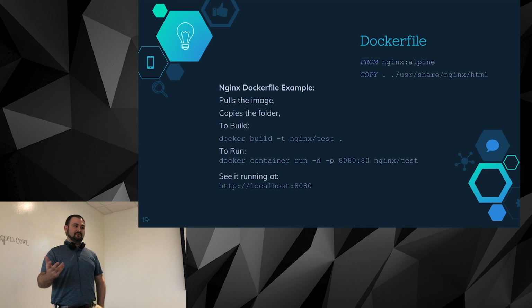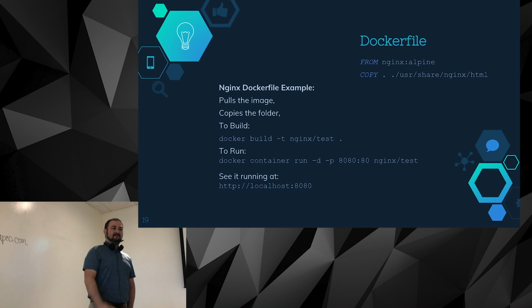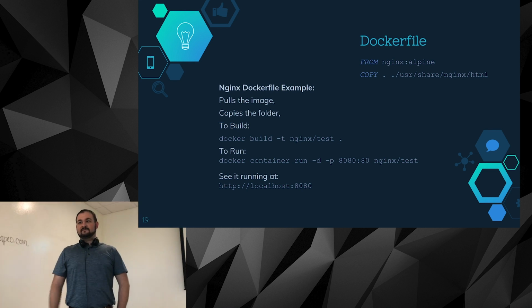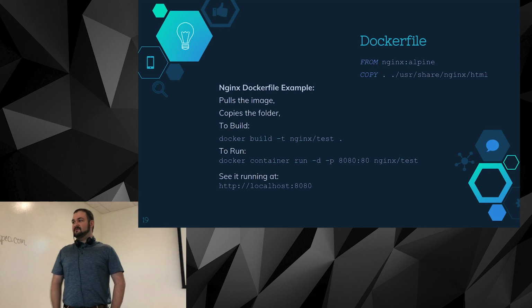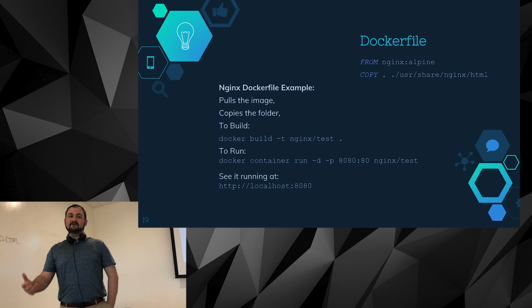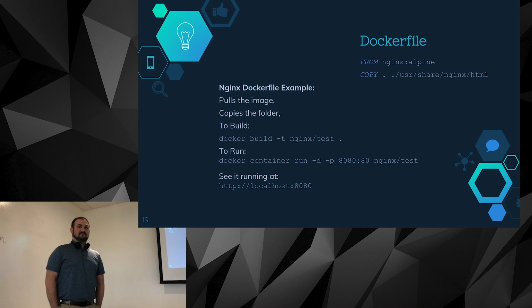And also, just to throw out there, there is Docker Hub, which is like GitHub or Bitbucket for Docker images. You can publish your own images to it if you like, or pull them down from a different service. I don't know what it is, like Artifactory or something, you can have your own images up there and pull them down as a team. So you don't have to get everything from Docker Hub.